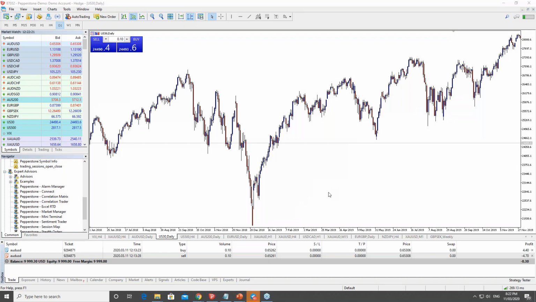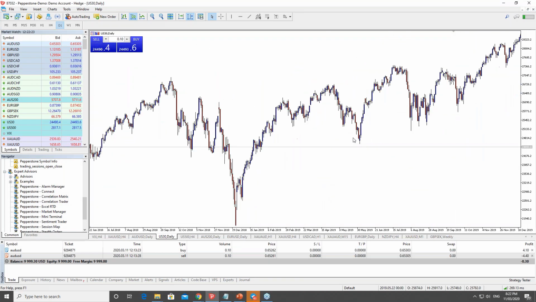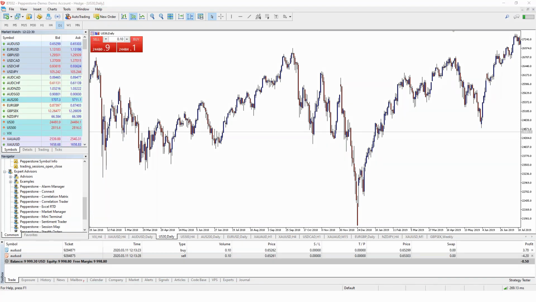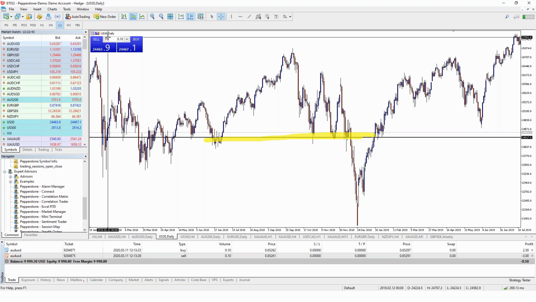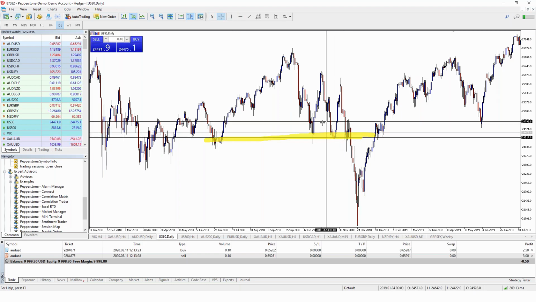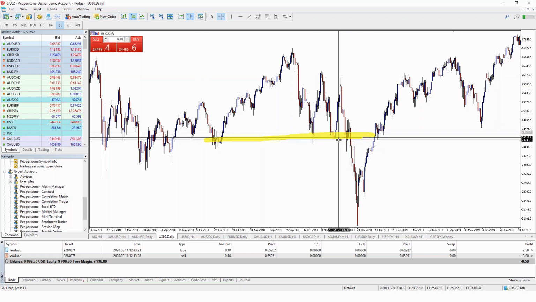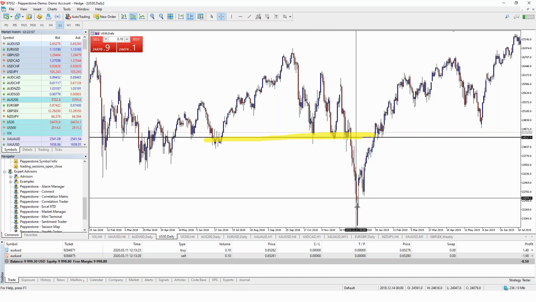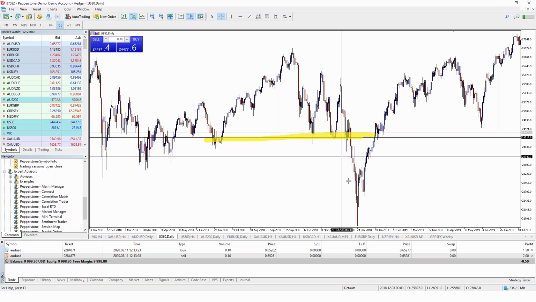Now, conversely to that, if we were sitting over at this point here in 2018, we might say, okay, we have highlighted a zone, and that zone is right here. And we've said, okay, this is a super strong support level. If price gets under this support level, we are going to hedge the position. I still want to hold, let's say, US 30, and I still want to hold it long, or I still want to hold my stocks or whatever we're looking at. But when it breaks through such a key area, and I think with hedging, it's all about key areas, and it closes below, we might want to say, okay, at this point we hedge, and until it gets back to this point, I'm not closing my hedge.